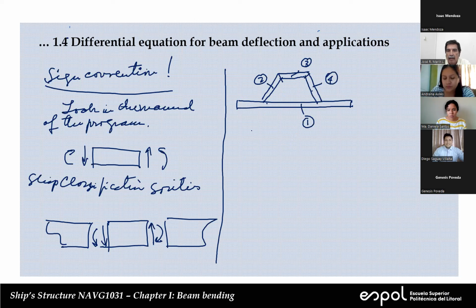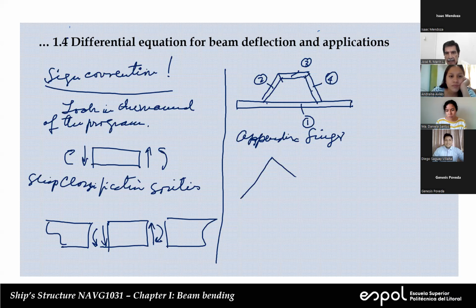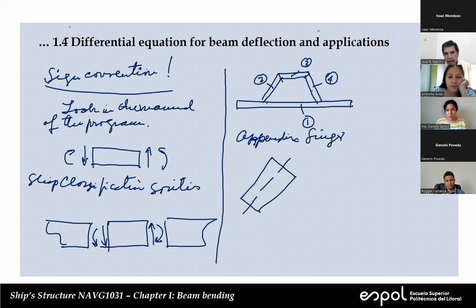Look in the appendix, Singer's book. What they have is, for example, a figure like this, and you could specify two axes. So for example, this would be X prime,